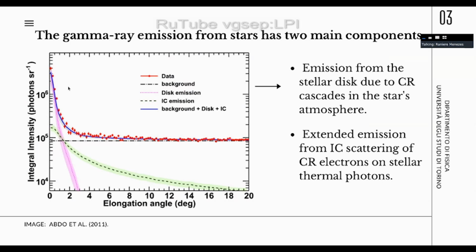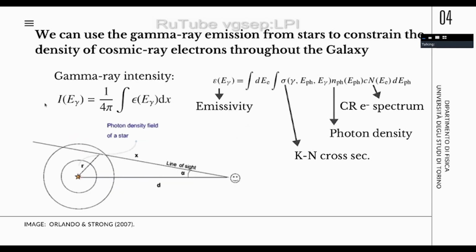What you can see in this plot on the left is the disk emission in pink for the sun, and the photon halo gamma ray emission in green. The blue line is the sum of both. You can see that the gamma ray emission from the sun can extend beyond 10 degrees from the center of the sun. So the sun is huge in the sky in gamma rays. This is the point of this work: we use the gamma ray emission from stars to constrain the density of cosmic rays, of cosmic ray electrons actually,